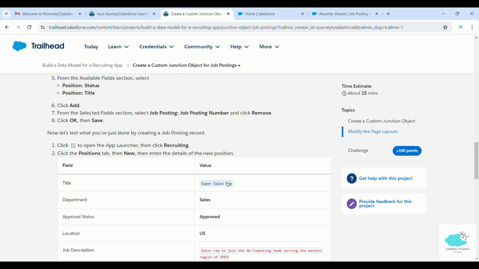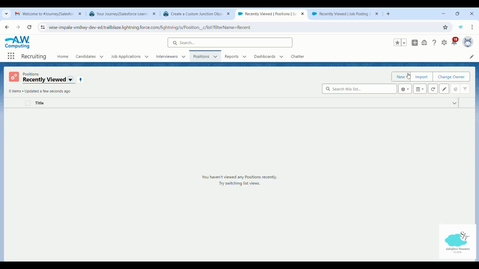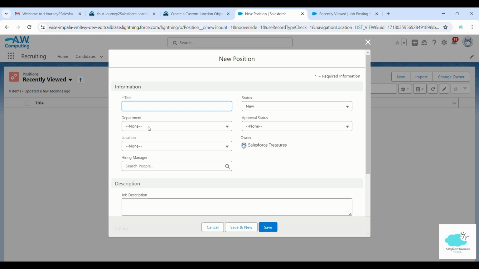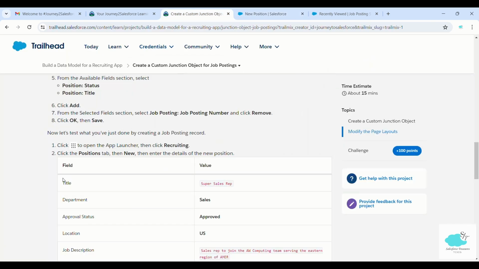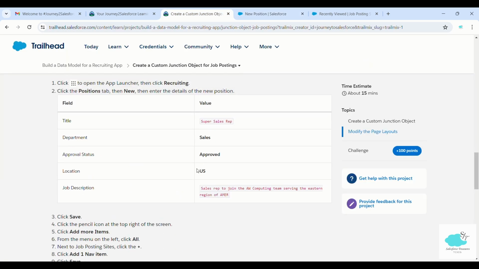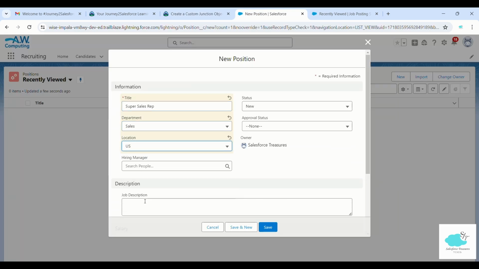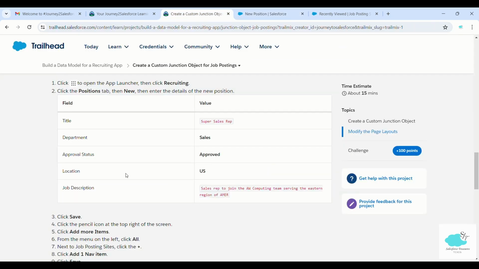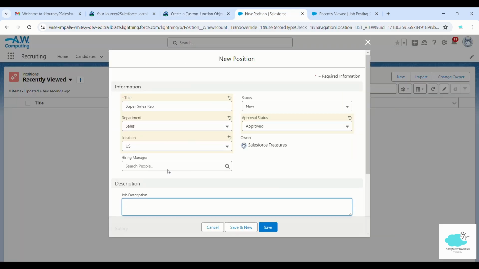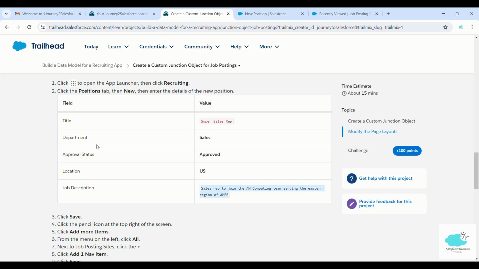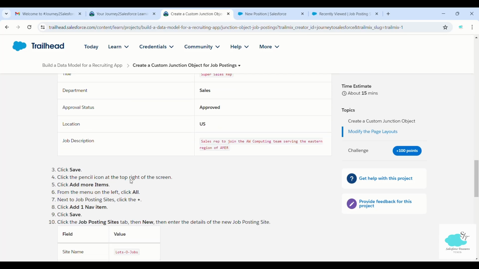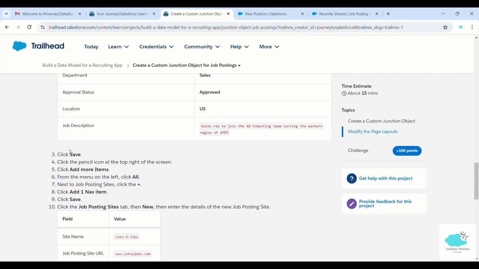This is just for example. In real cases you'll have some other information. You have to go for positions, then go for new, creating a new record. Title will be super sales rep, department will be sales, approval status is approved. What are the next? Job description. I have to copy paste the job description. Don't worry about this, this is just raw sample data which is given to test whether whatever we have done is correct or wrong. That's it. We have to save,